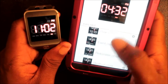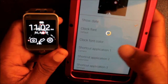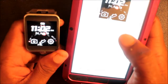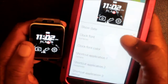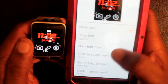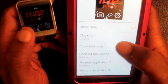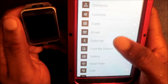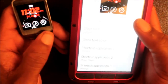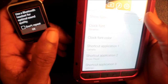Now let's just go to shortcut for a watch. You can also go to settings. When you hit the settings, you can change the font. So if I wanted to change the font up to this crazy bold type font, I can also change the color. So if I want to turn that red, I can turn that red. I can also change the little shortcut apps right here. So if I didn't want that pedometer right there, change that to, let's just say, music player, and I can hit music player. If I want to go to my music player, all I had to do, bang boom pow,